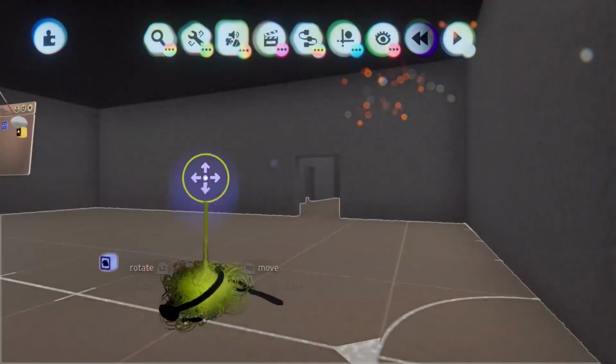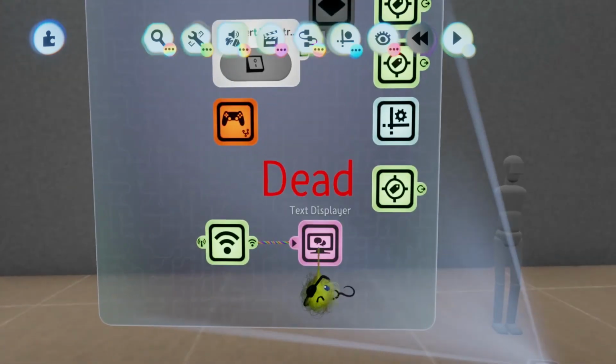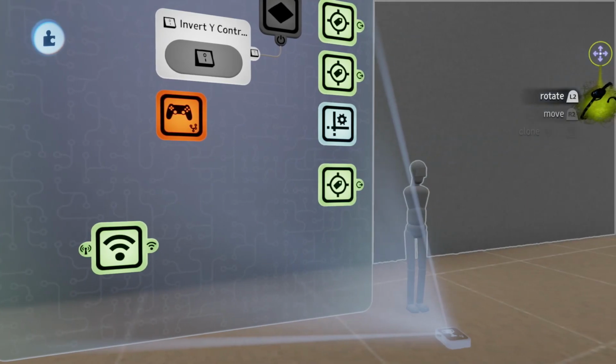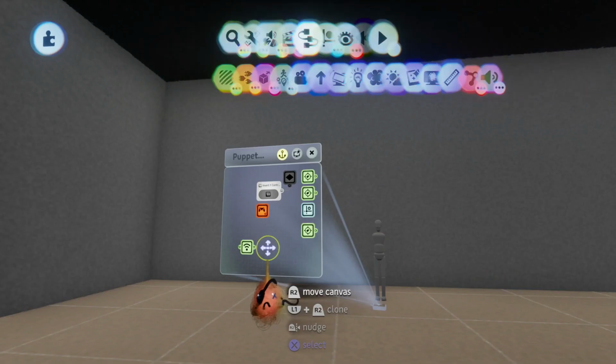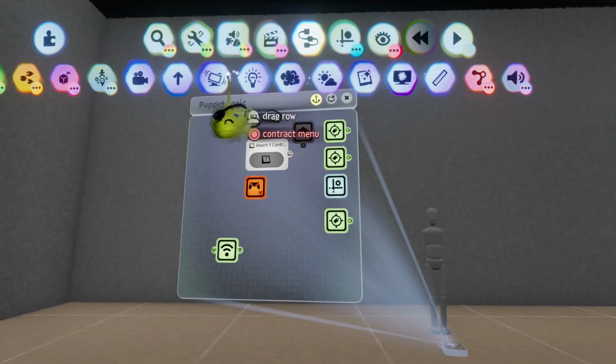Great. Now that we know that works, what we can do is delete this, and we can add our jump scare. To do that is pretty simple. This is the easiest way, the way I prefer to do it. So what you can do is